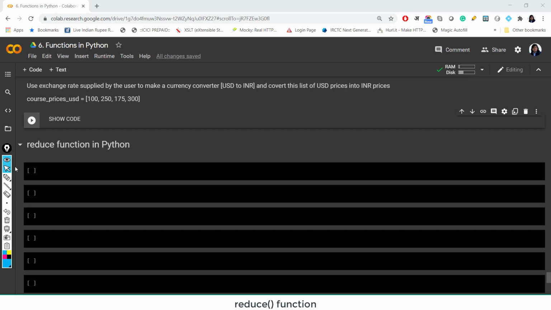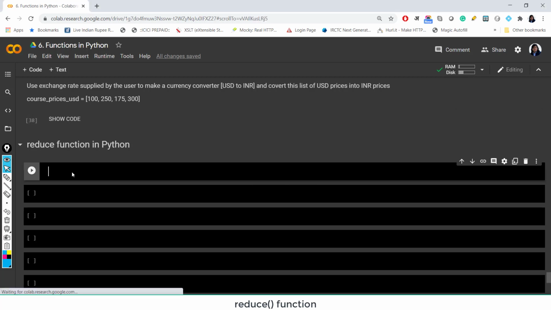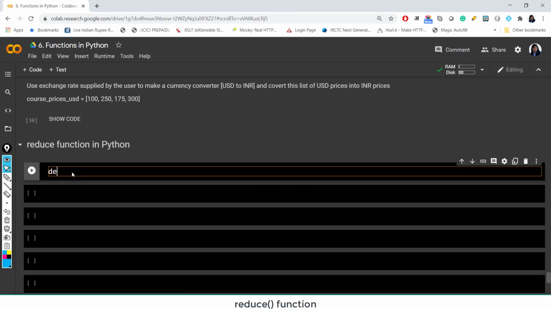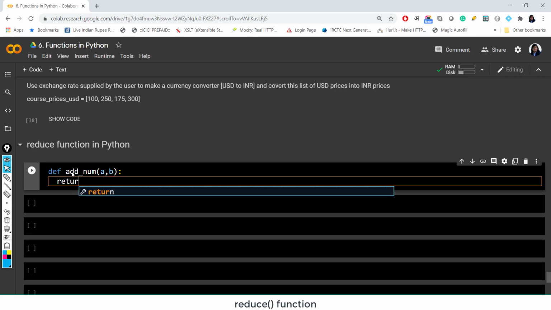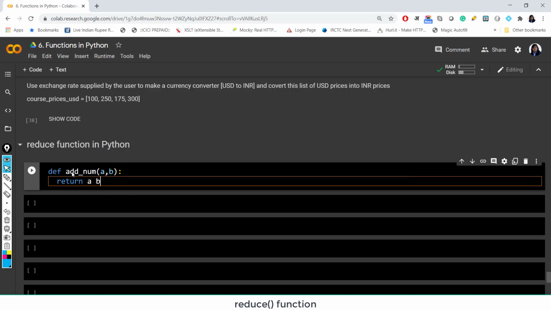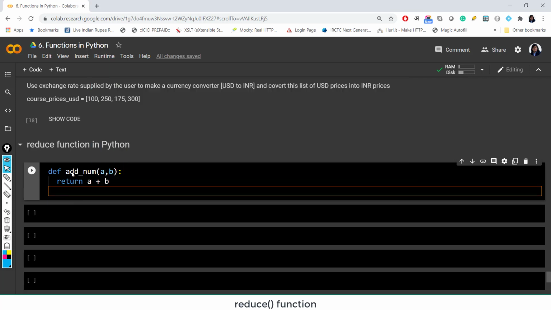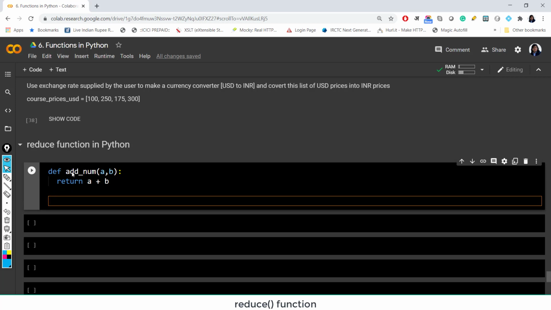Let's start with a very simple function which we have used earlier also, adding 2 numbers. So suppose I want to add 2 numbers and I am using this function add num. This add num is taking 2 arguments a comma b, and it is just returning the sum of these 2 numbers, a plus b. Very simple function, right? And if we have a list of elements, for example, I have a number list which is these numbers. In this I have 10, something like that, 12, 23. I'm just randomly typing anything, minus 56, whatever. Okay, these are the elements.